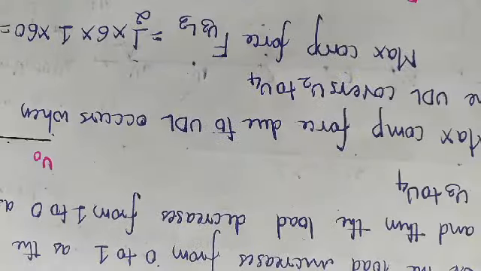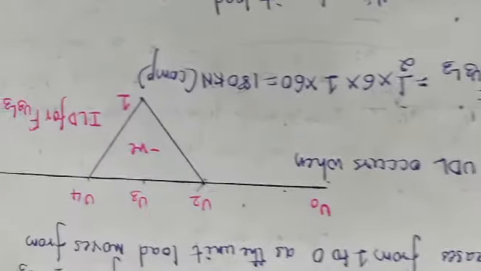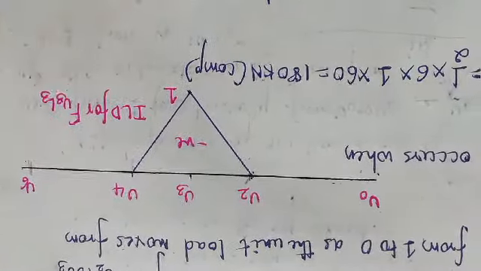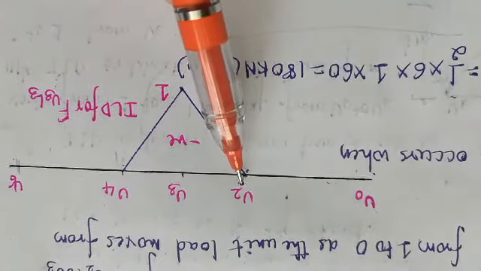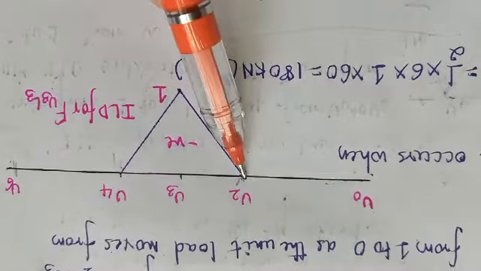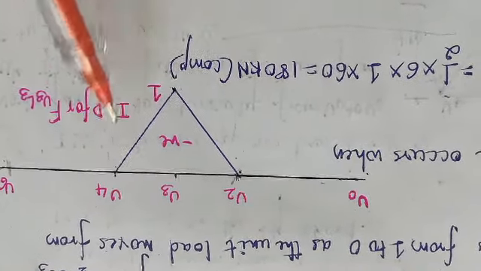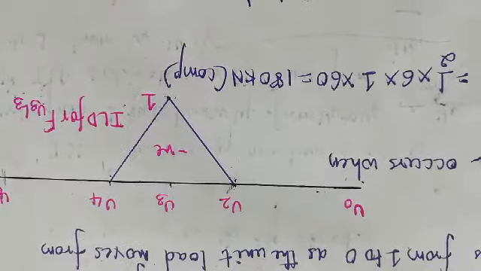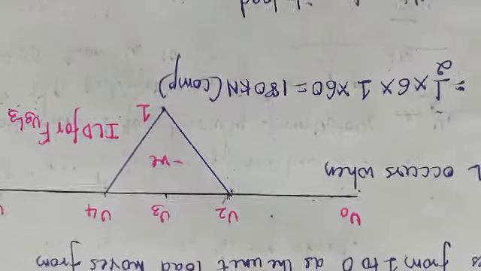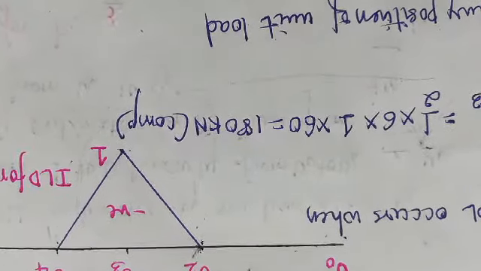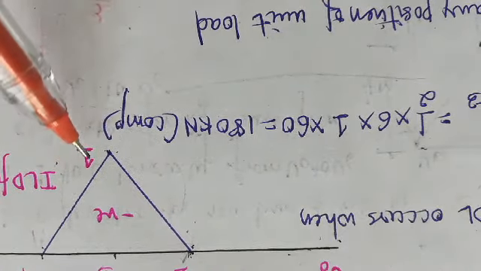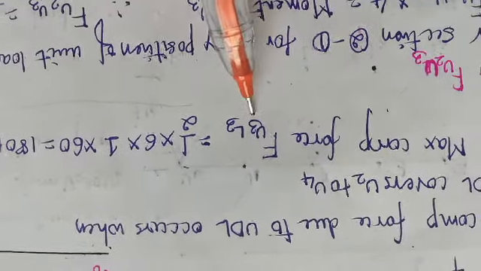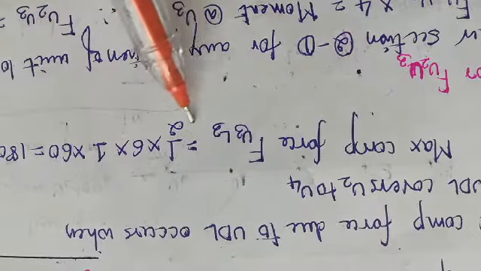Therefore the influence line diagram is given as follows. From here till here it is 0, so we don't have any matter of it. From U4 to U6 also it is 0. The variation takes place only when the load is moving between U2 and U4. It varies from 0 to 1 and 1 to 0. So this is the influence line diagram for U3 L3. Now how do we calculate the force when a 60 kilonewton load is acting on it? That is nothing but the area of this triangle multiplied by the intensity. So the maximum compressive force is given by the area of the triangle, which is half base into height.